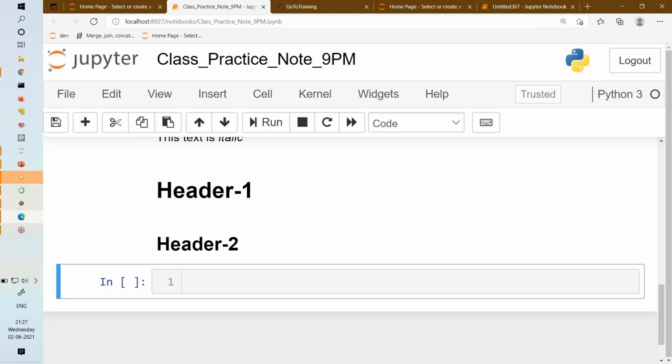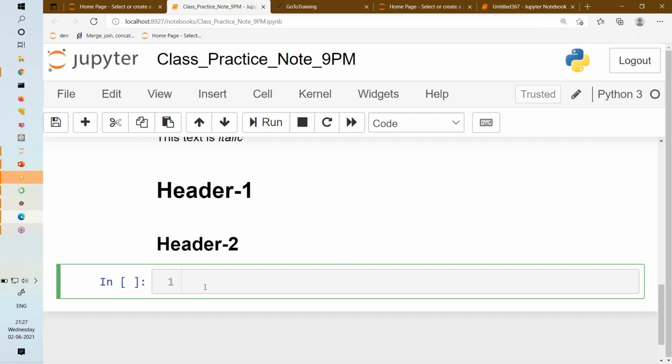Keyboard shortcuts are good, because otherwise every time you have to select your header and OK and then again add a hash. Instead of that, you can just remember the shortcut for heading, which is escape plus number. If you want header 2, how many hash do you need? 2. So you press 2, 3, 4, 5, and subheaders will come.